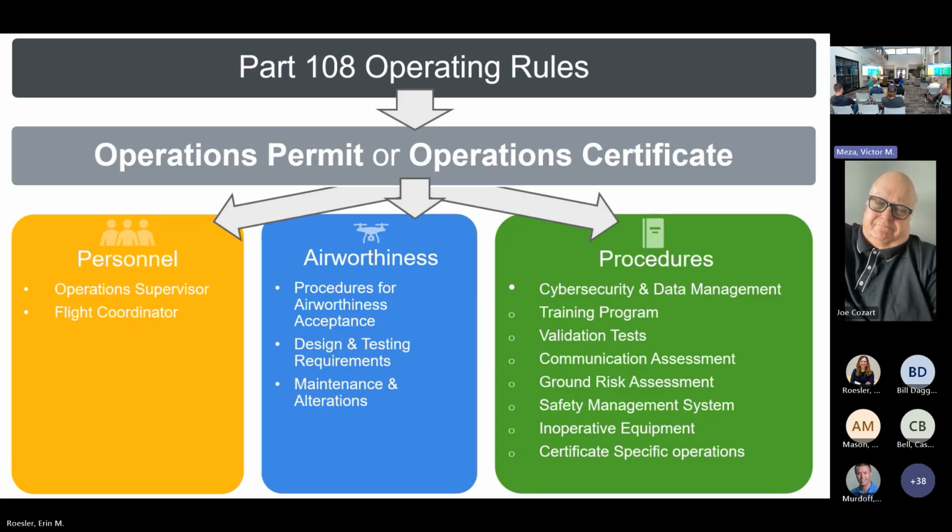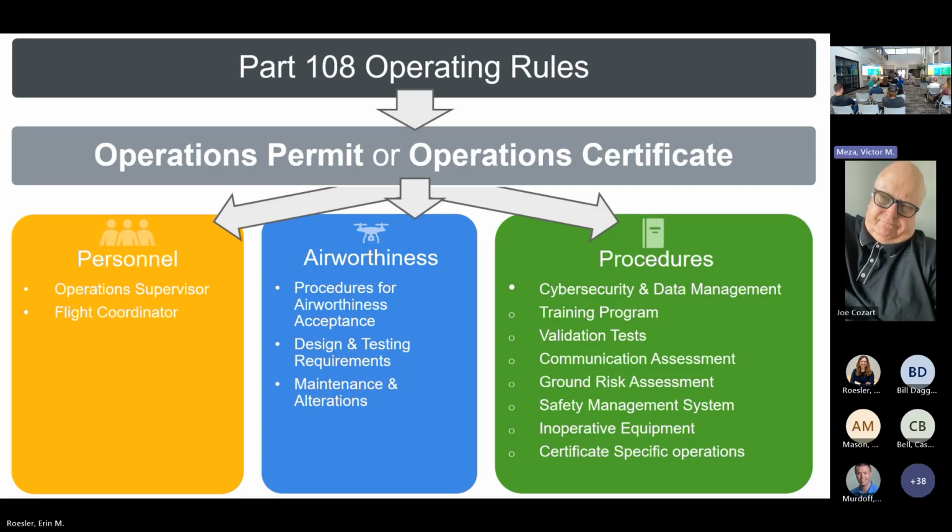Operation or an operating certificate would be wider. So I have applicability in more congested airspace, more complex airspace, higher population densities, less of those restrictions on the aircraft weight or number of aircraft that my company can operate. But in order to get that operating certificate, I have to have a little bit more rigor to my company, a little bit higher maturity in order to get that operating certificate.